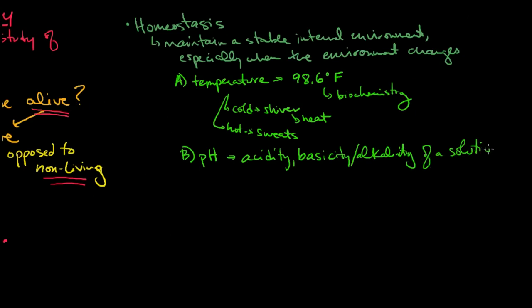So our body has different solutions in it, different pHs in different places. Your mouth has a different pH or level than your stomach, and that's different than your intestines. But it's important that each section of that maintains a certain internal environment for the biochemistry to work. And the way that we maintain that is something that we call buffers, and these are chemicals that